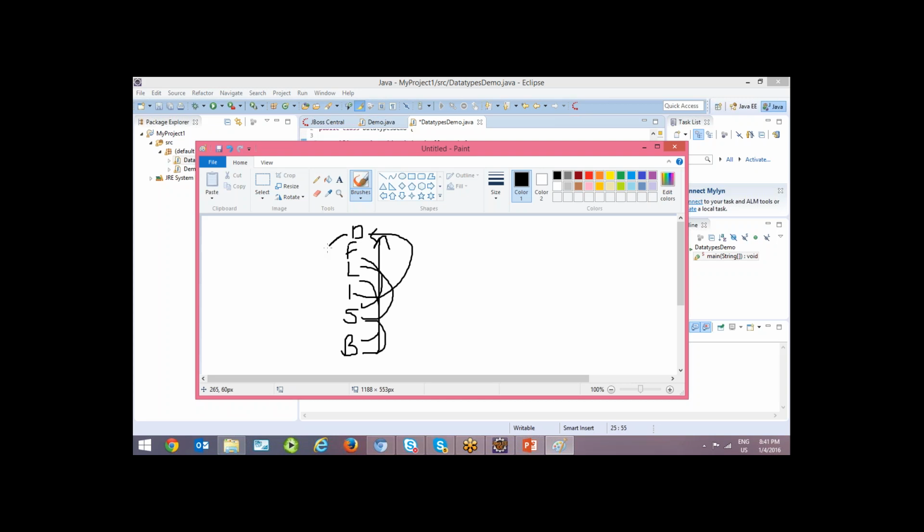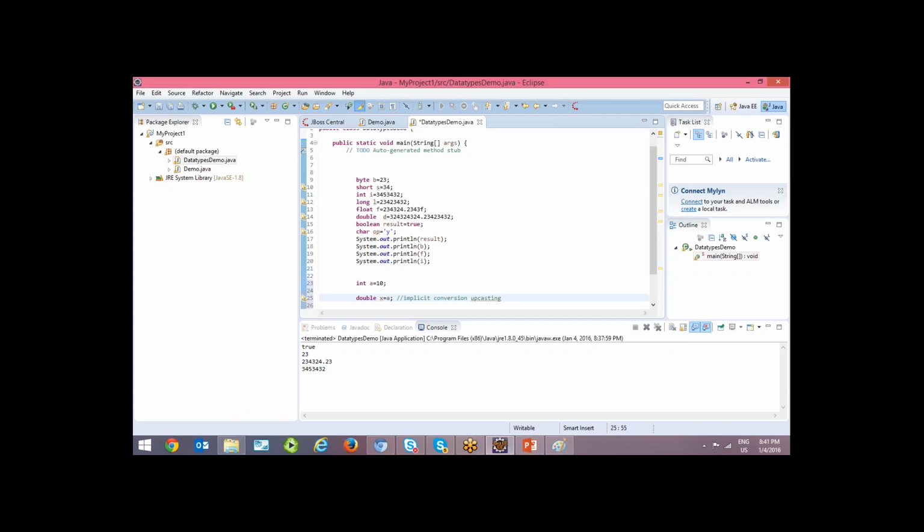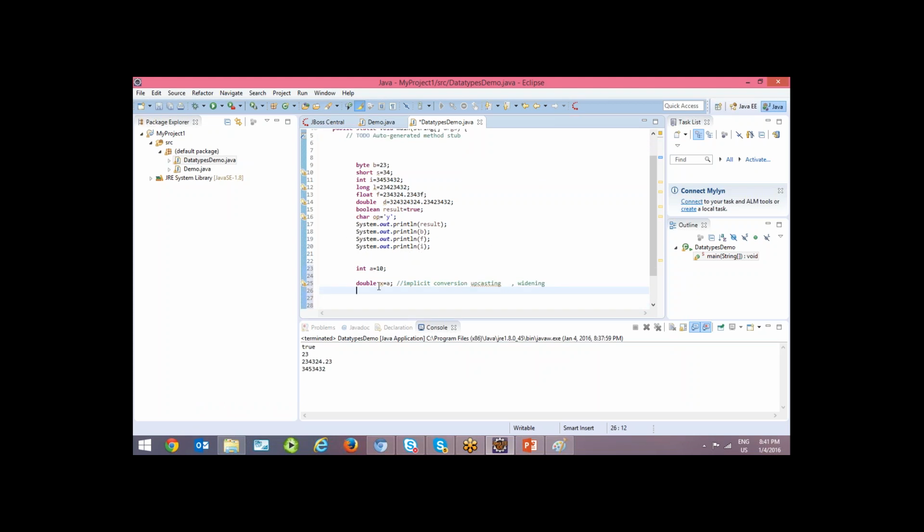In the same way, we can also convert in reverse, meaning upper to lower. Sometimes you store the final bill of some product in double, but if required, if you want to represent that as an integer, yes, you can convert. Or you have something in byte and want to convert into long. Yes, it is possible. You can convert data from higher to lower or lower to higher. That feature is called casting. In this example, first we are doing upcasting, also called widening. Widening means converting lower range values to higher range values.